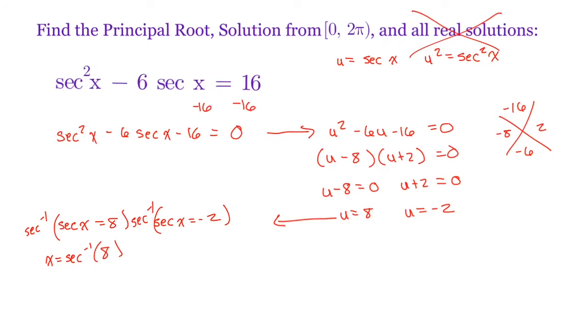So then from this point, remember what we do to be able to do the inverse of secant is we actually do the inverse of cosine and then take the reciprocal of 8. So then on the second one, we get x is equal to inverse secant of -2, which inputted into our calculator has to be inverse cosine of the reciprocal of -2, which is -1/2. So when we plug these in, we get the answer of,